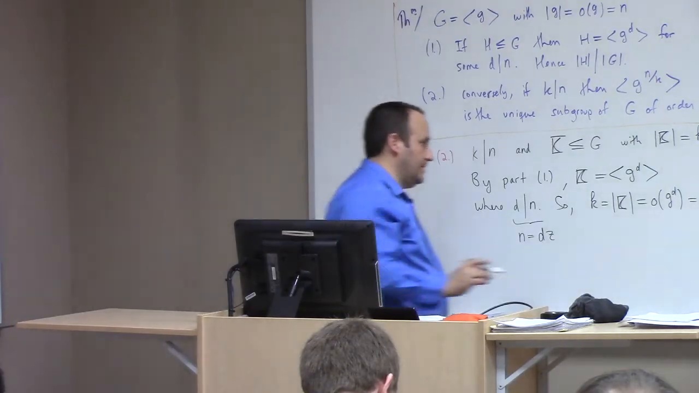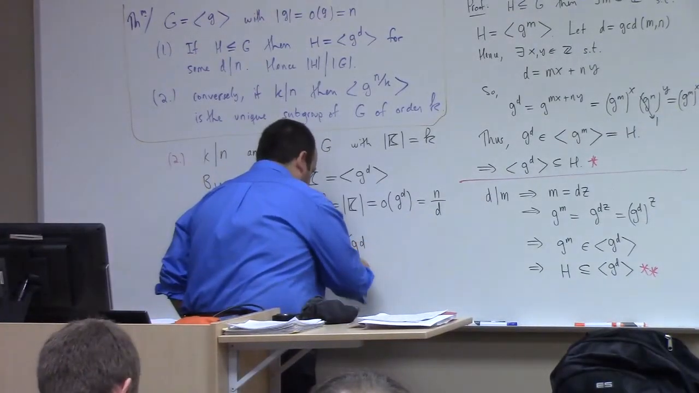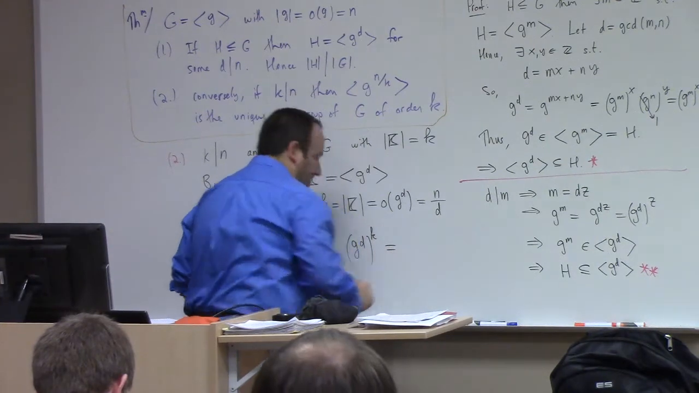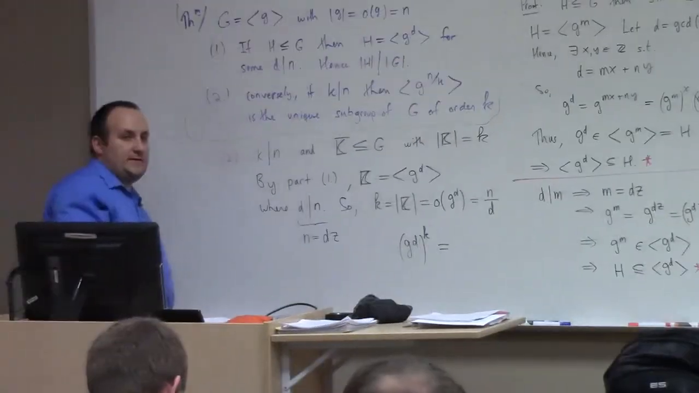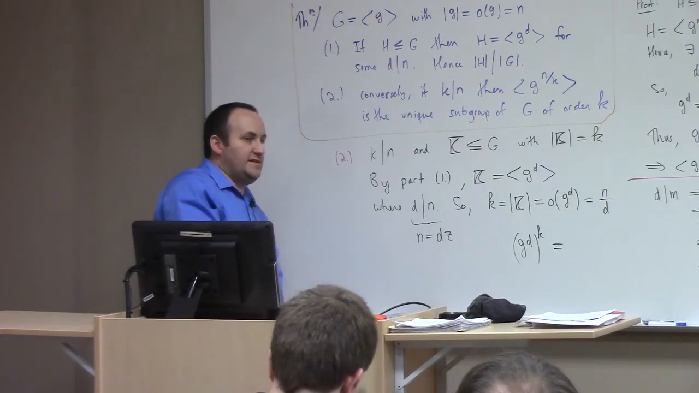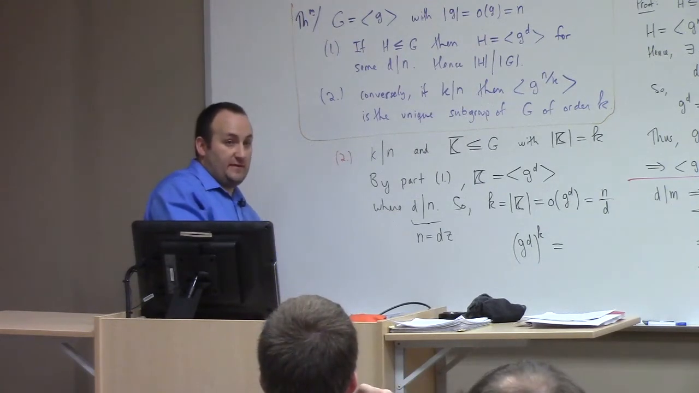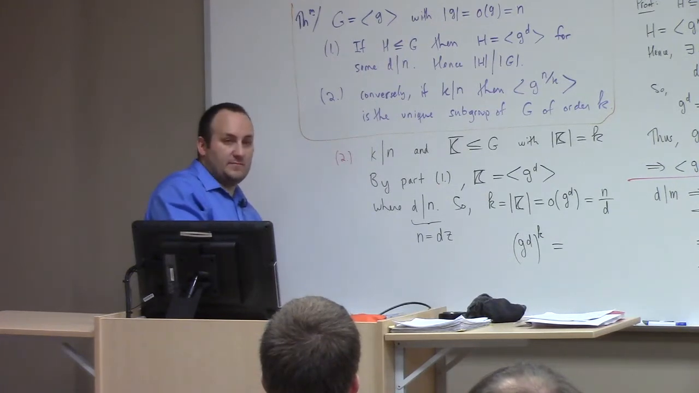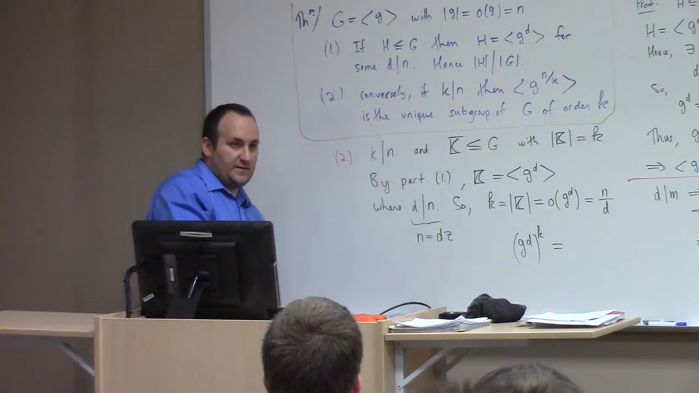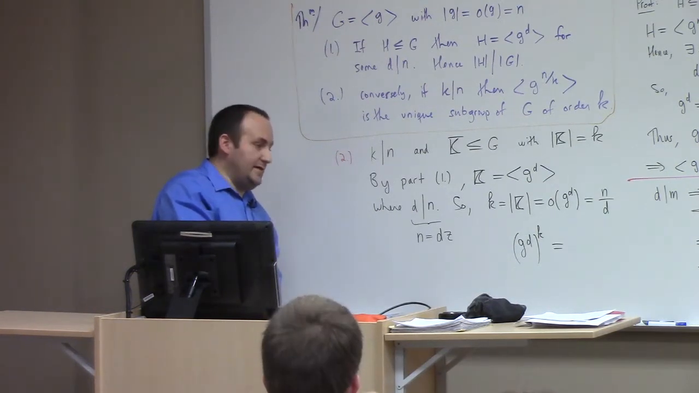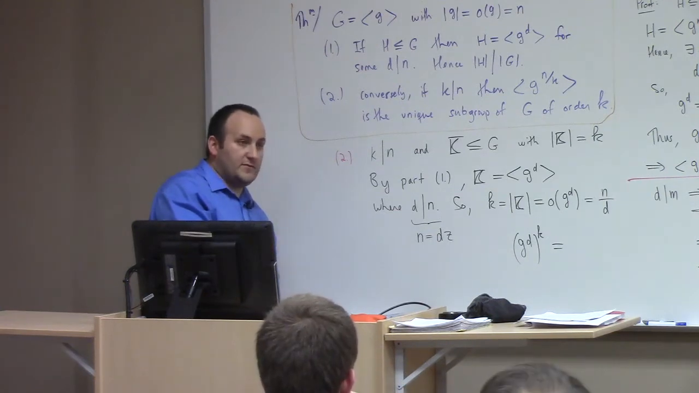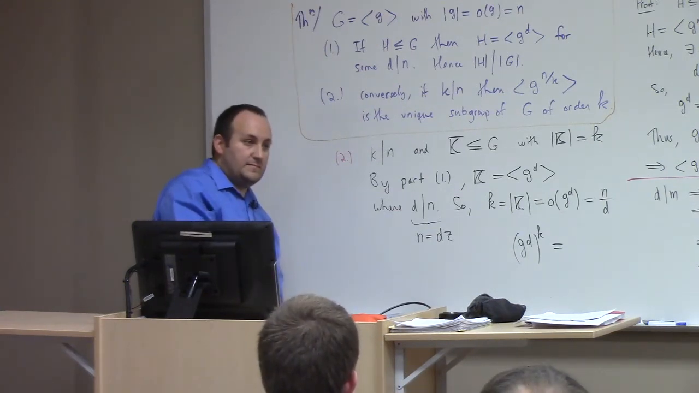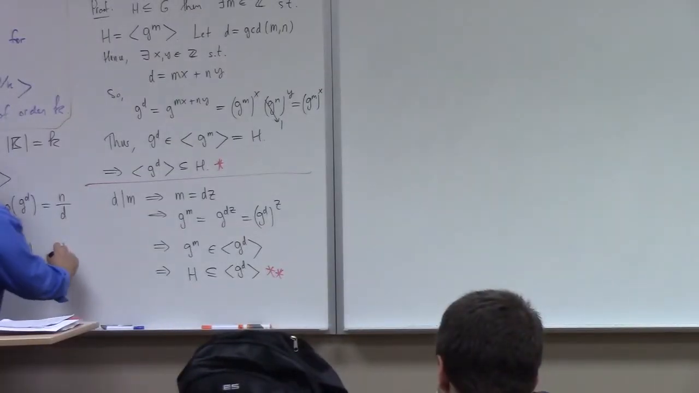How about this? g to the d to the k, what's that equal to? And why is it equal to that? g to the d is a generator of this group, right? We know that the order of the subgroup is k by assumption, and we have a theorem from earlier in the section that any element to the order of the group is 1. But we have another theorem that says that if this is the case, it must be that dk